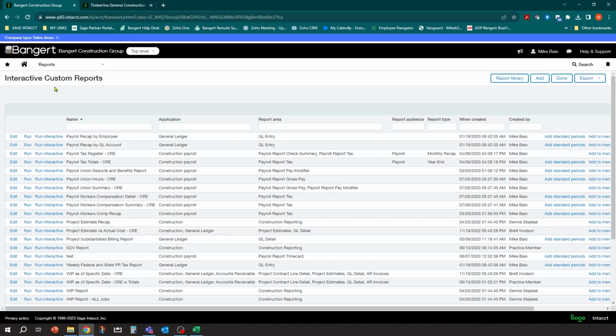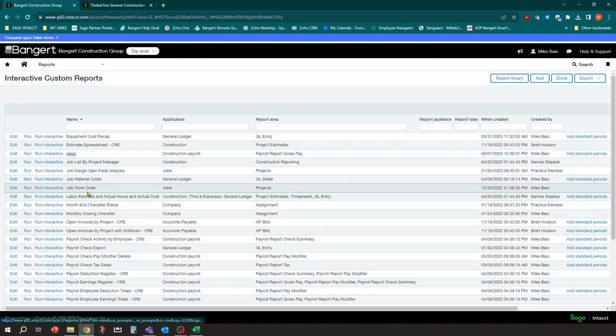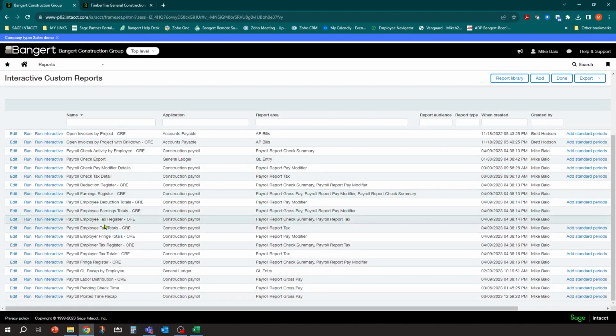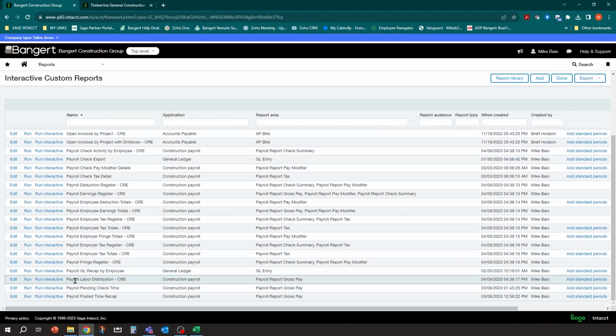So for example, let's go into the labor. Give me an example of that. Show you how we do it. We'll go into the payroll, labor distribution, CRE recap. Now, what we do recommend is that if you're going to make a modification to one of these designs, you save it as and make it your own. Keep the one that came out of the box intact and there in case you need to go back to it. You can make it inactive so nobody uses it, but keep it there.